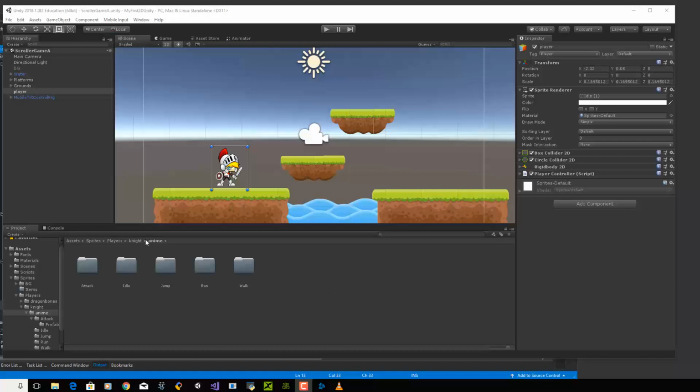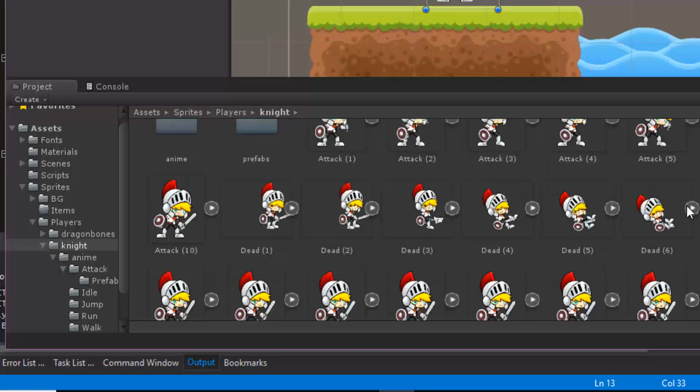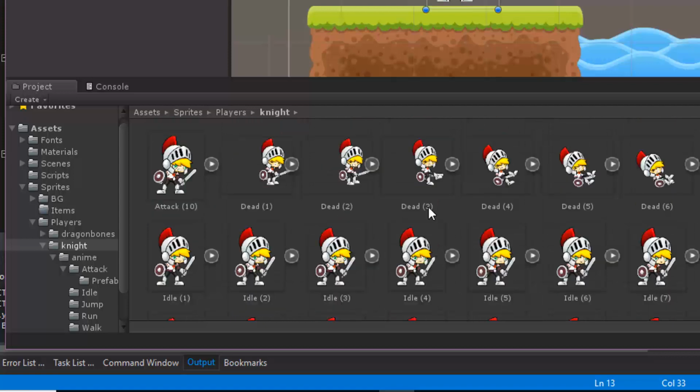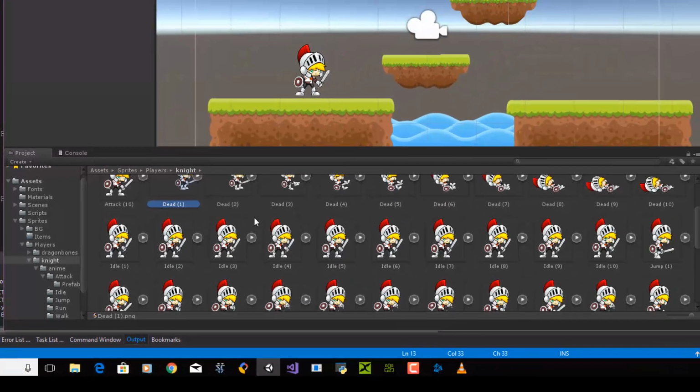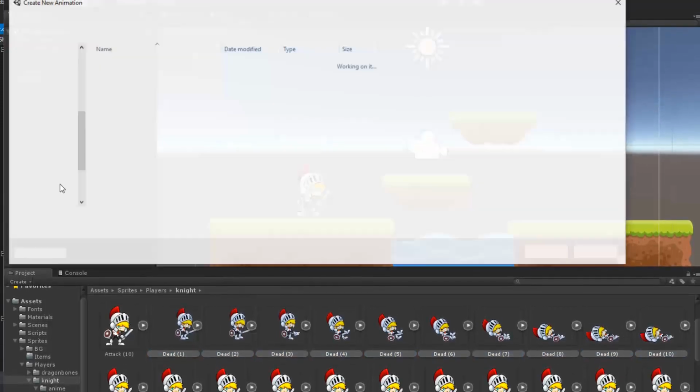So basically, just as a quick recap, what we did was we created an animation folder, and then we went through our sprites, and let's say I wanted this attack or this dead animation. We selected the first animation, dead 1 here, and went all the way to the last one, dead 10, and shift selected them all. We dragged them into our